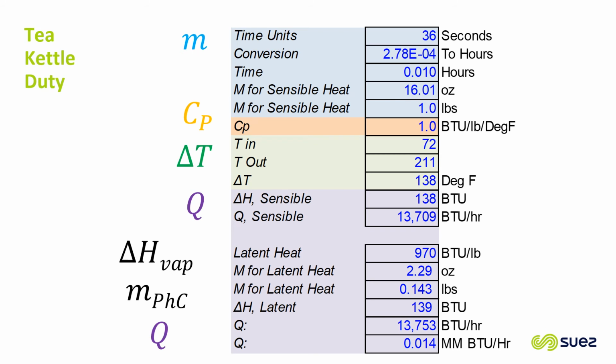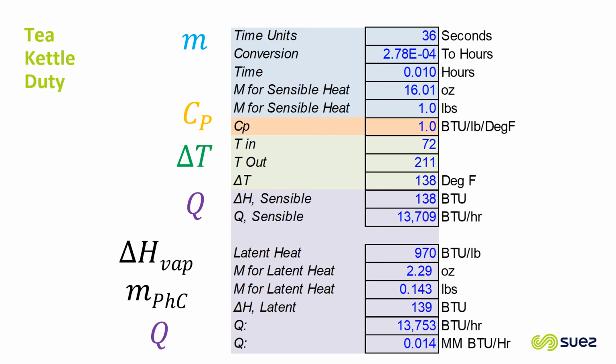The temperature change over the course of the 36 seconds that we ran the tea kettle is from 72 to 211 degrees. It's 138 degrees. Because it's a pound of water, that gives simply by math 138 BTUs, and divided by the fact that it was well less than an hour, that's about 13,000 or almost 14,000